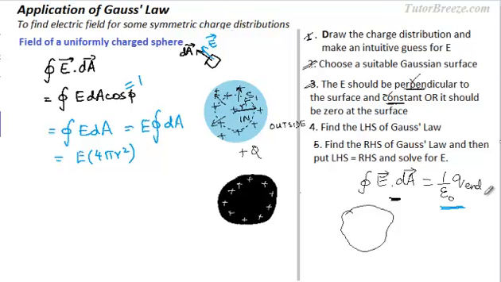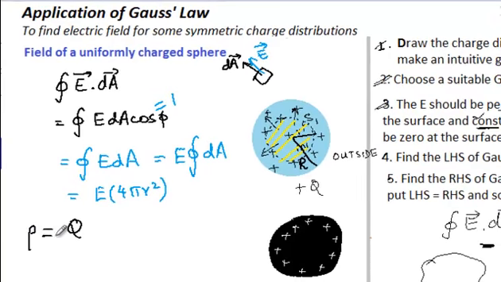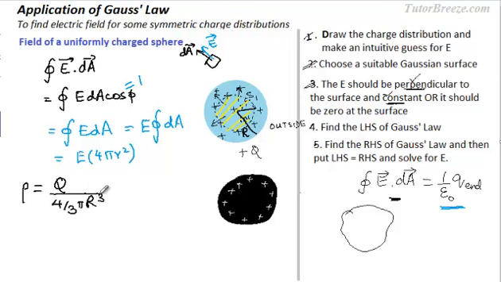So let's first find the charge enclosed. You can see from the diagram over here that the charge which is present in this region is going to be the charge enclosed. We know that the total charge on the sphere is Q, and this charge is present in a sphere that has radius capital R. So the charge density, or the charge per unit volume, is Q over the volume of the sphere, which is 4 by 3 pi R cube.